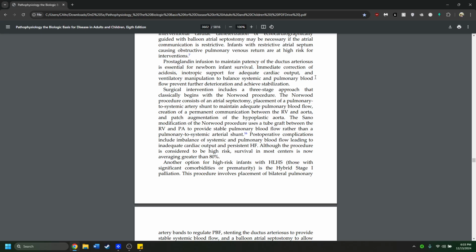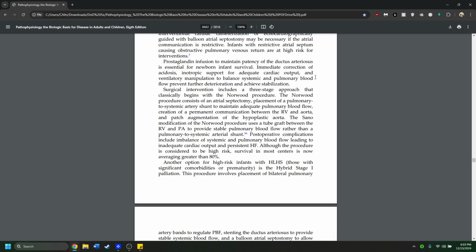Immediate correction of acidosis, inotropic support for adequate cardiac output, and ventilatory manipulation to balance systemic and pulmonary blood flow prevent further deterioration and achieve stabilization. Surgical intervention includes a three-stage approach that classically begins with the Norwood procedure. The Norwood procedure consists of an atrial